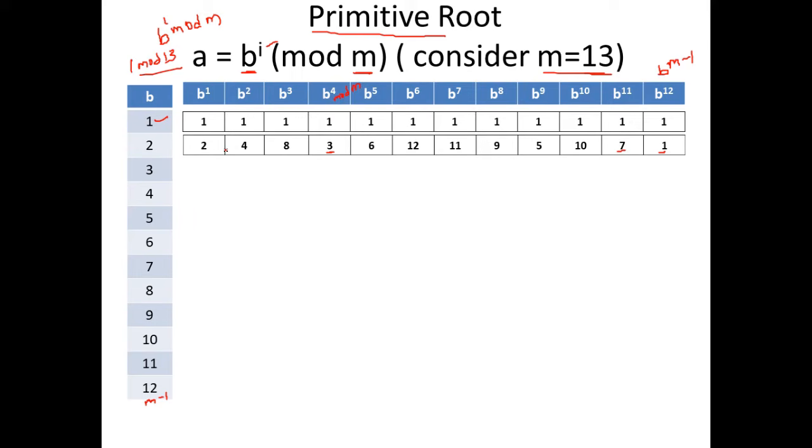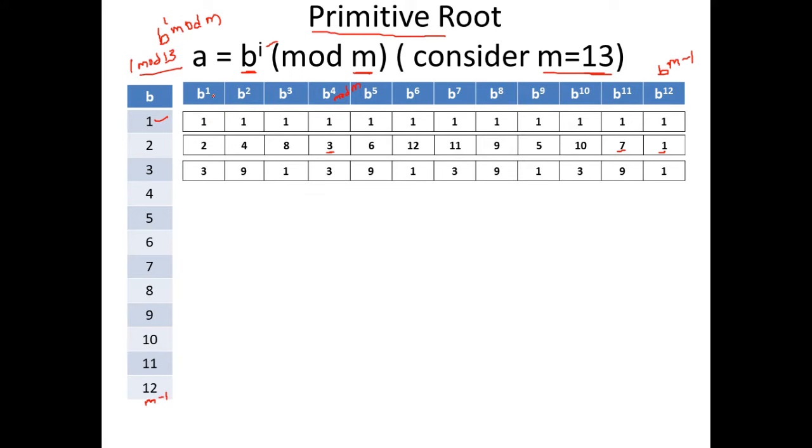So you take every value of b, raise it to the power and perform mod m. So 3^1 mod m is 3. Likewise, 3^12 mod 13, the remainder is 1. You can go and check that. So you repeat this computation and complete this table.